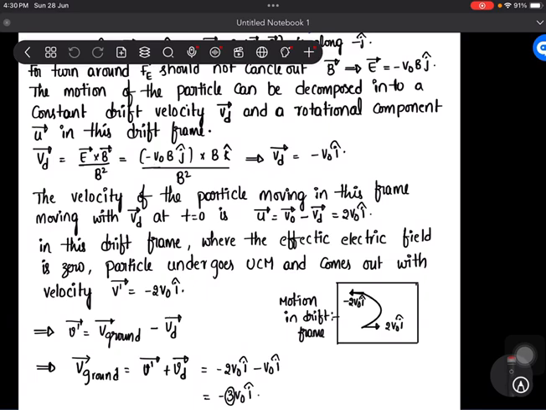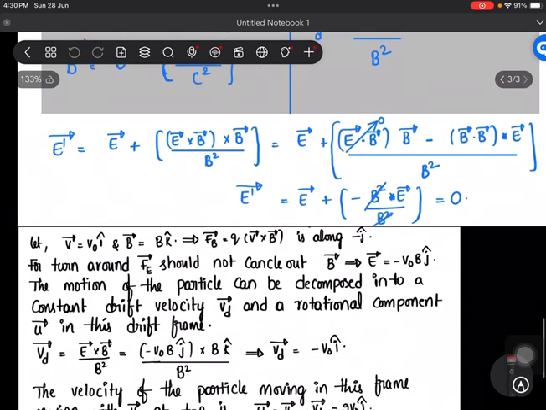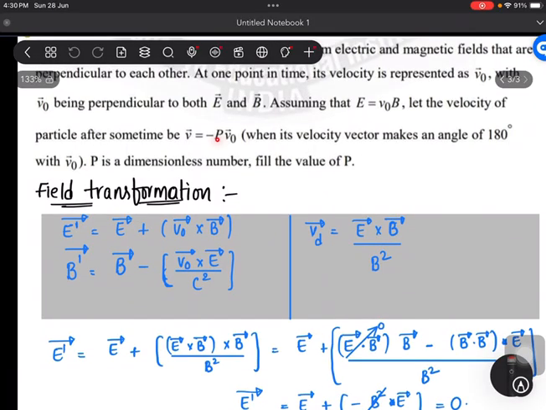So in the ground frame it is having a velocity of 3 V naught i cap. According to the question, they have given it is minus P V naught bar, which indicates the value of P is 3 here. Thank you. Hope you understand this question. We will come up with